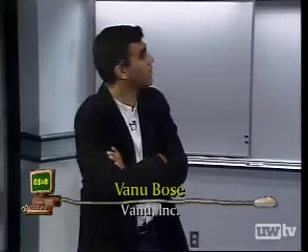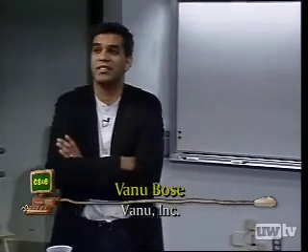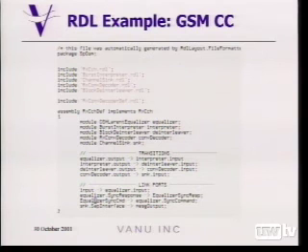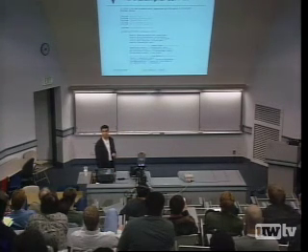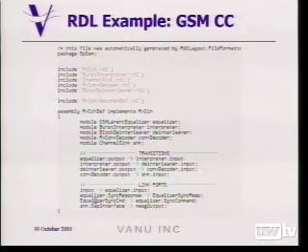So here is a little snippet of some code just to give you an idea of what it looks like. There are actually 5 portions to an RDL program, and there are 3 on this snippet. The first is all the different modules that you need. You have to declare them, and it will check and make sure they're in your library. Then you've got to be able to connect them all: which modules are connected to what, and how their ports are initialized and linked. So it's very simple. It's like any directed graph kind of language to this point.